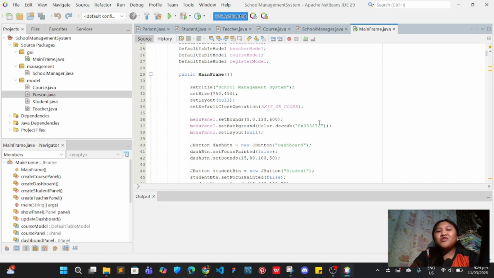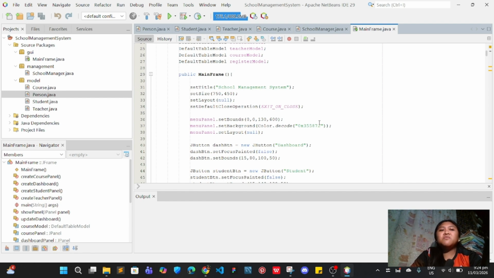The main module is our dashboard, a home screen displaying key metrics such as the total number of students enrolled, active courses offered, and teachers on staff. Everything is displayed there, which is why it is called the dashboard. It also shows quick links to frequently used features like new student registration and course schedule updates.